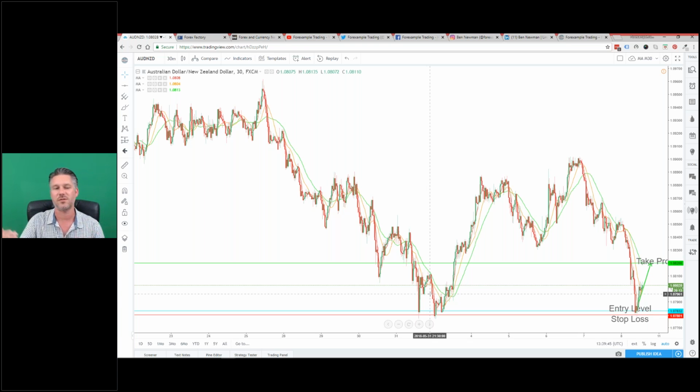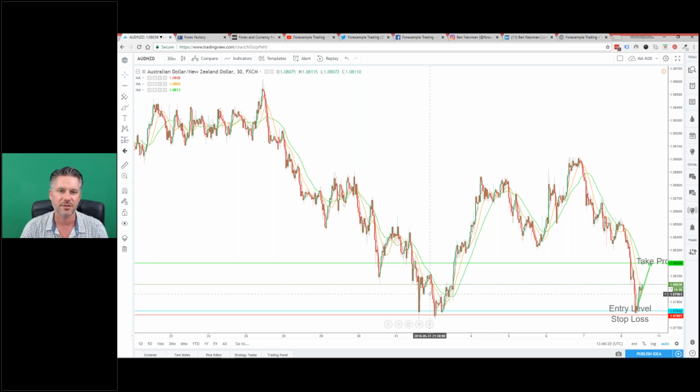You might get times where it drops back and pulls the trade out and then carries on going, but at least you've then secured profit. Setting a trailing stop loss is a very simple way to make sure you're securing your profit as you go along. That's a mistake a lot of people make. If it's fluctuating too much, they set the stop loss too generously, leave it there, and of course it goes up and comes back before it hits the take profit level. If you set the take profit level too high, it comes back and goes into your stop loss, and you're in loss then. So it's just a case of managing that trade while it's active.